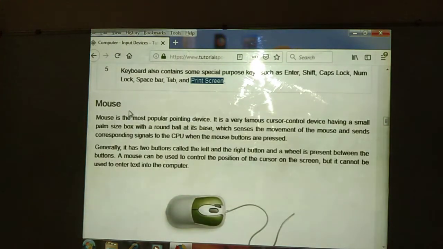Next input device is the mouse. The mouse is the most popular pointing device. It is a very famous cursor control device having a small form. It is hand size, a box with a round ball in the base. Nowadays the ball is not available. One light indicates in the latest mouses,